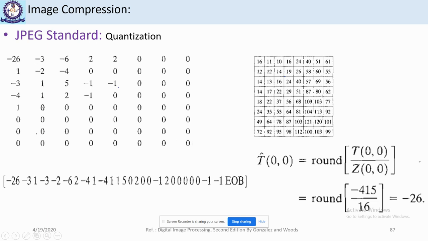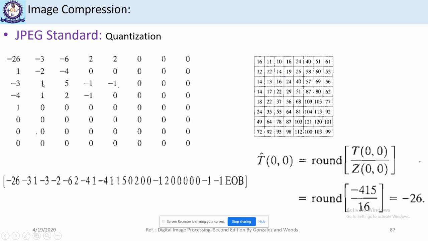So after quantization, what is the next step? The next step is we zigzag code this 8 cross 8 array. How do we perform the zigzag coding? First we write the DC component. So this is minus 26, then minus 3, then 1, then minus 3, minus 2, minus 6, then 2,